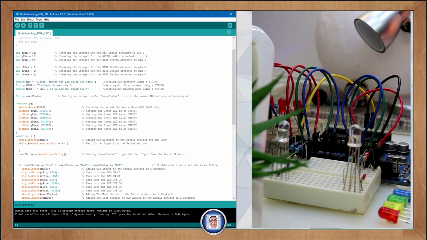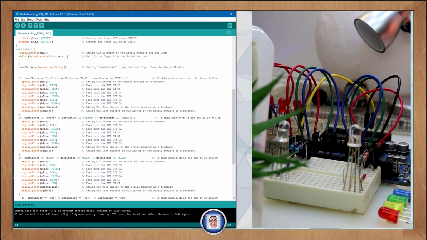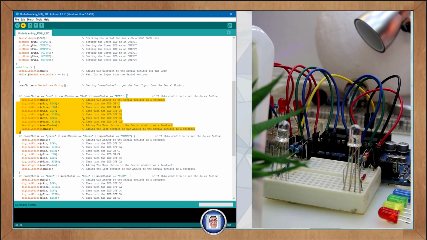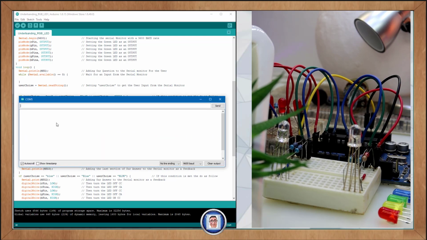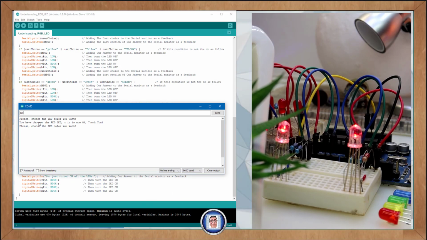If you notice what I changed here in the void setup, I set them as an output here. And if you notice what I changed in the Arduino, it is basically what I said earlier. When it is set to high for the common anode RGB, it's off, that's why it's actually marked as low here. And I repeat this throughout the sketch. So now we can send this to the Arduino, open the serial monitor, and check the color and see if it works. Starting with the red, then the green, then the blue,